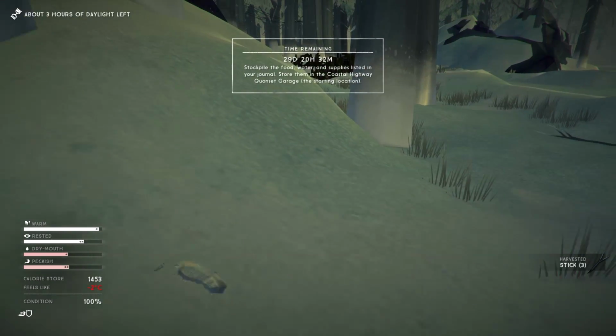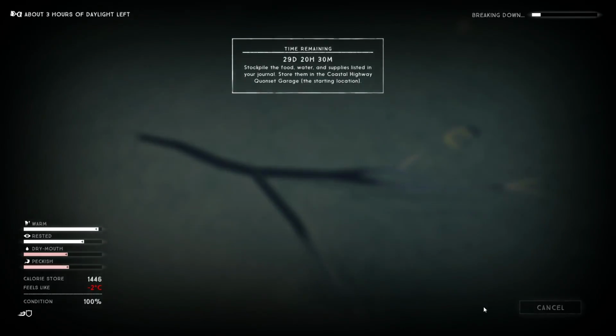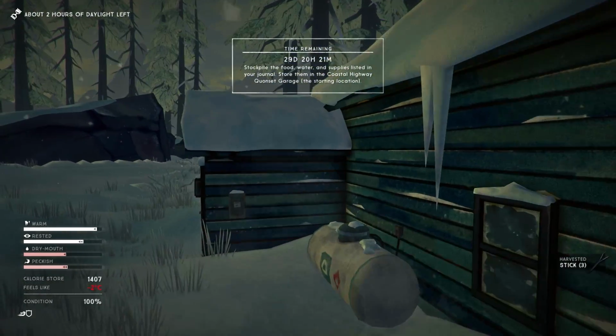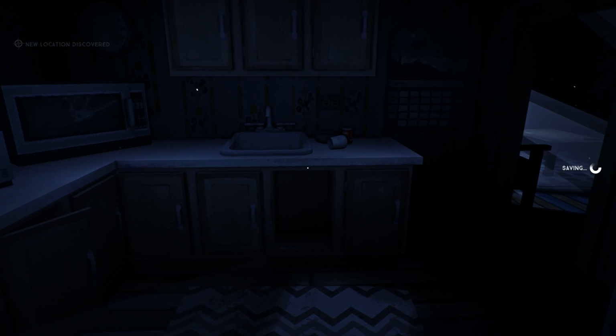So we're actually pretty warm right now. We've been out for, it looks like, several hours. Break down some sticks. We've got 3 hours of daylight left. I think we're off to a really good start in this playthrough. I don't think we're going to struggle at all with this. I think we should be able to bang out this challenge pretty quickly, depending on how soon we can find